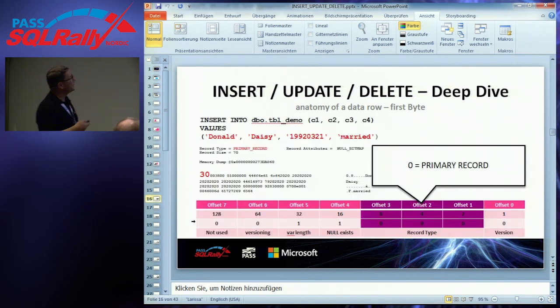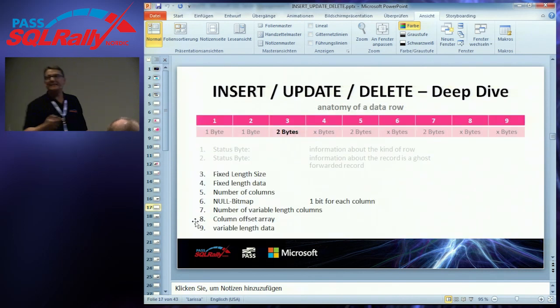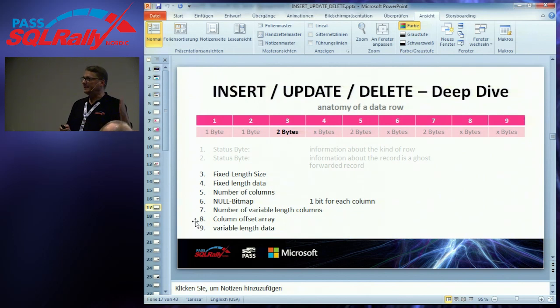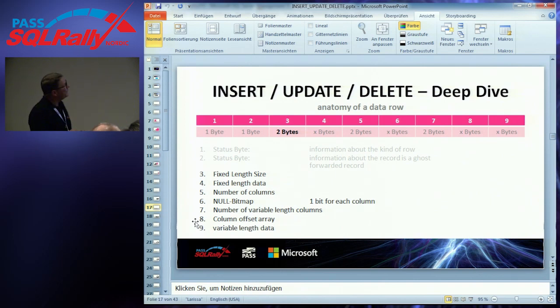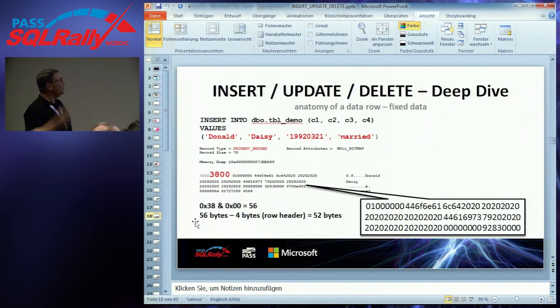So that's a calculation. The next thing is the fixed length size. And this is a very efficient way Microsoft SQL Server stores data. The hierarchy is quite clear: header, then comes the fixed data. No matter where the position is in the table, the fixed data will be the very first thing stored in the record. And this means, in our example, we see the 38, which gives you the offset where the